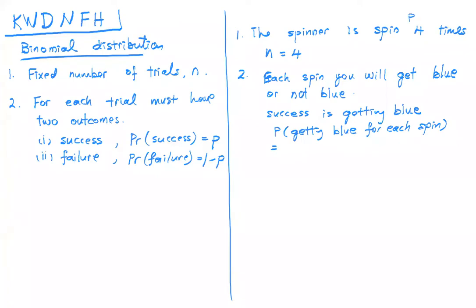I'm doing that based on page 207, okay? You see the spinner, correct? 3/4 of it is blue, correct? So 3/4. So this is the P. Are you clear? Okay. Third,